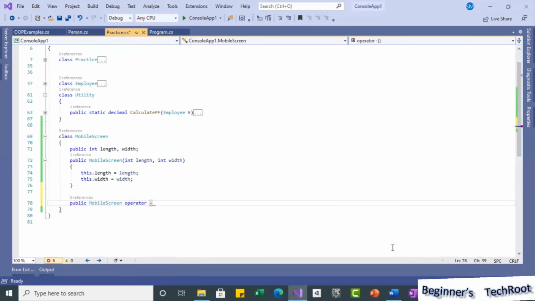Then in brackets, like a method, and within the braces we can write whatever statements we want to implement in this operator overloading. Here, as I am using this as a unary operator, we should pass one parameter, and that parameter should be the same type, a MobileScreen type. So I will just use it as screen.